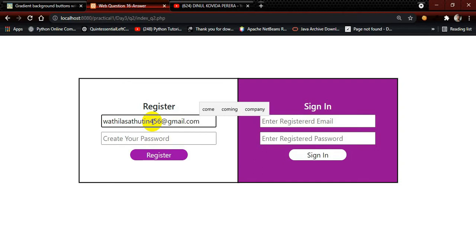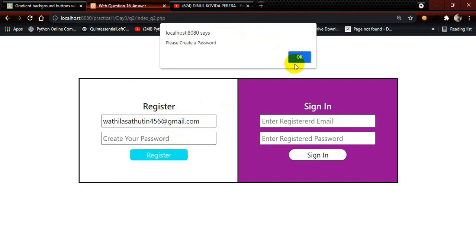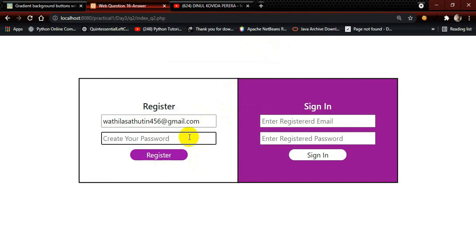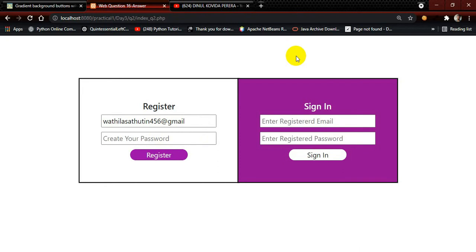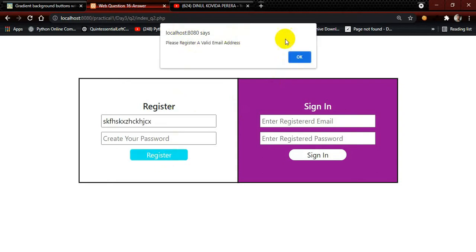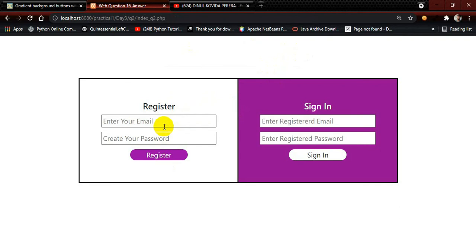So this is the email. If I hit this register button, it says please create a password. And if you don't write this .com part, if you register, it says please register valid email. A valid email basically is any email that you made up with the .com part. So instead of writing any random words here and registering, you are supposed to register a valid email.